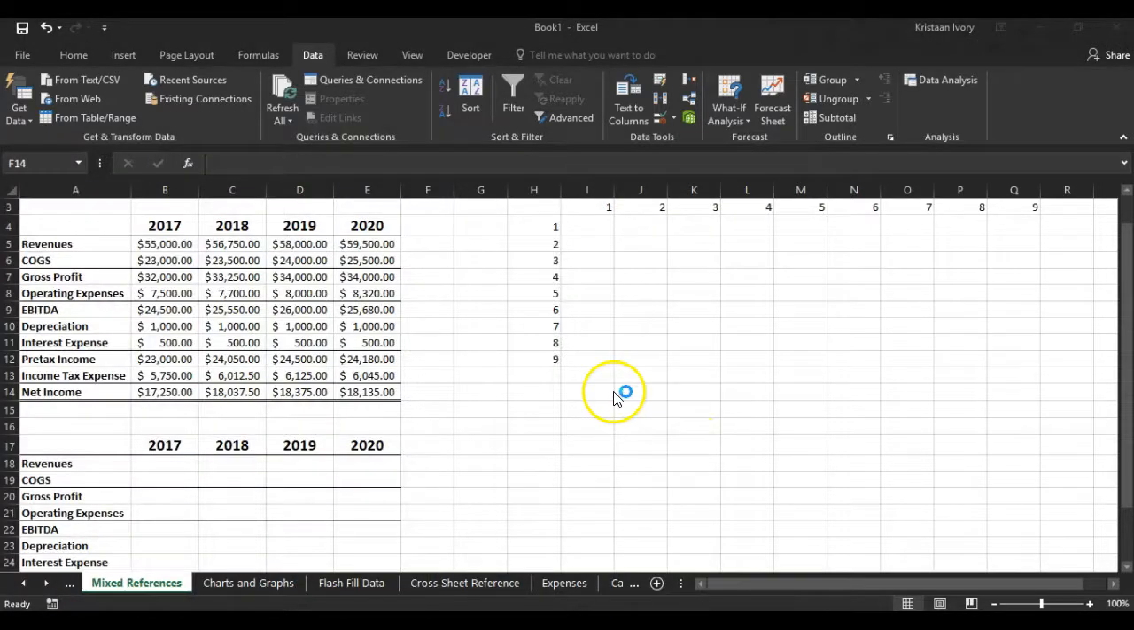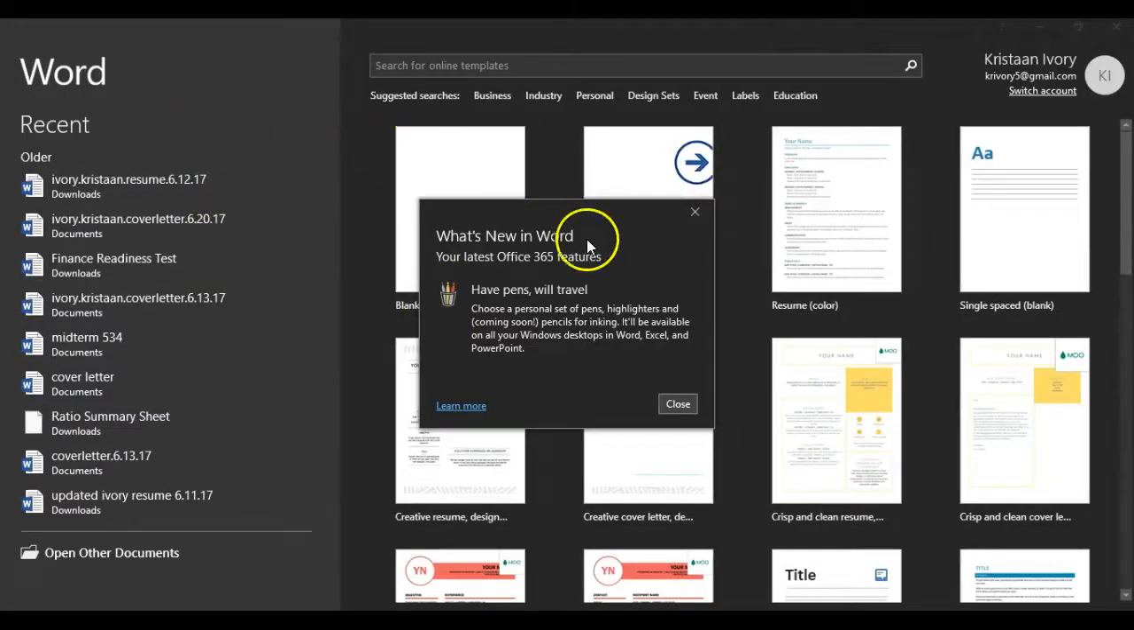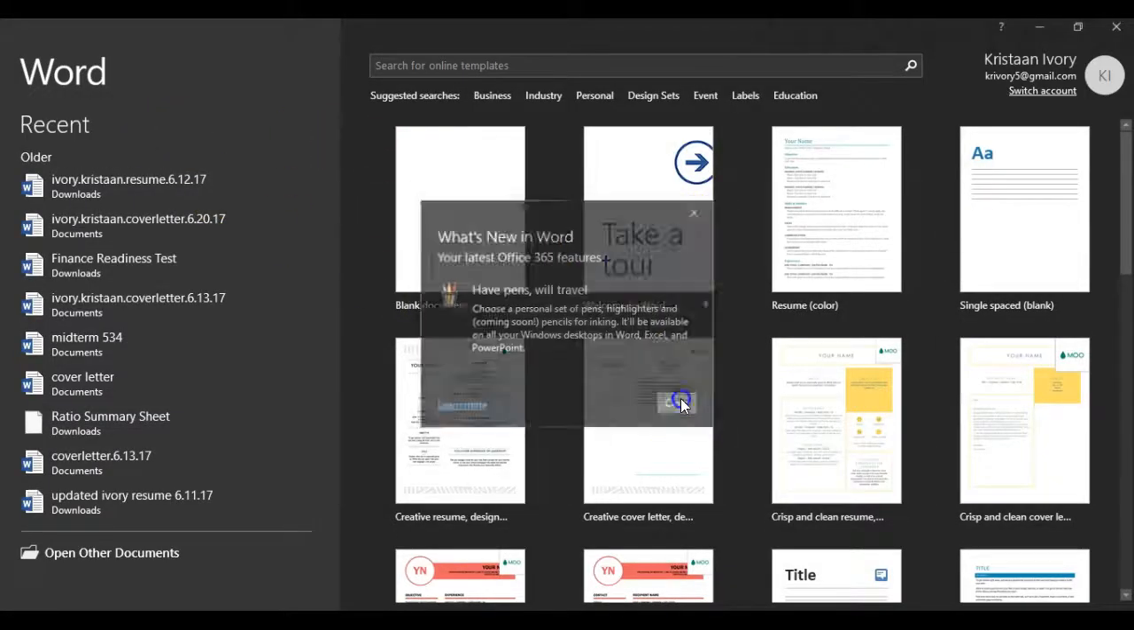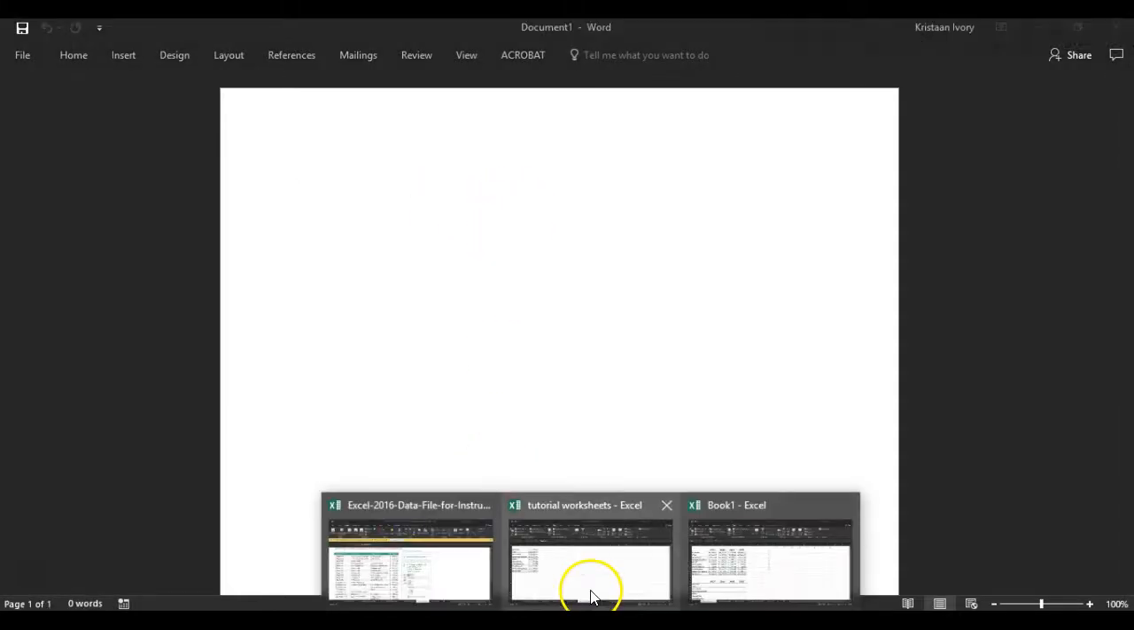So first, I'm just going to have to open up Word. Let that load real quick. I'm just going to choose blank document. Let me close this real quick. Choose a blank document. And what I'm going to do is copy and paste this graph that I have from